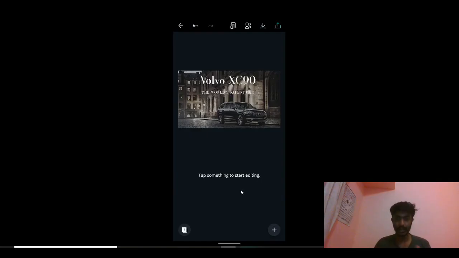So you can see that now, here you can see the car and the brand Volvo and its name, the car name that has been given, that is XC90, the model number. And then, just because it's known for its safety, I have written the world's safest car. And like every advertisement print ad, it's mandatory to have the brand logo.